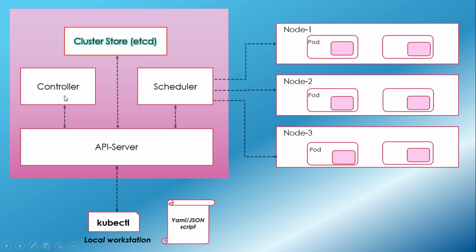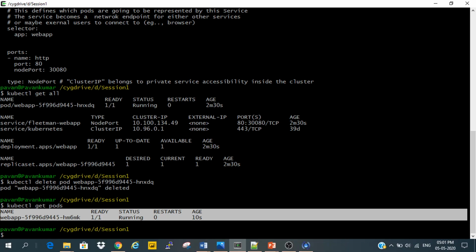The controller takes care of replication and maintains the desired state and the actual current state. The scheduler chooses healthy pods and gives the running pod job to the appropriate node. The cluster store stores all of the states, whatever the node state, pod state, container state, deployment state. Every state and status is informed to the API server through the other components, and then the API server directly communicates to etcd and stores the current status and desired status appropriately in the form of key value pairs. Okay, so this is the Kubernetes architecture.